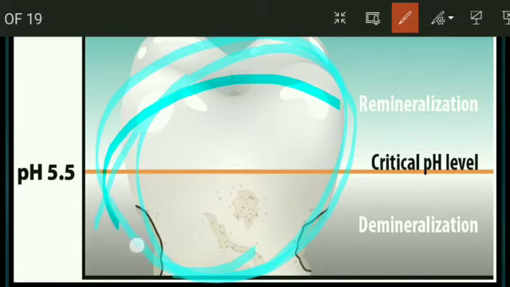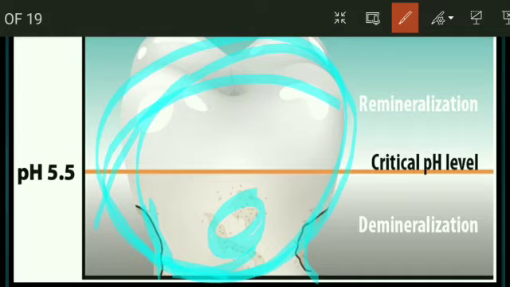So whenever we drink water, will it dissolve in the water? If it dissolved, no one would have teeth in their mouth, right? So that is the hardest substance. It does not dissolve in water, but it is corroded when the pH of the mouth is below 5.5. When it corrodes, you can see the teeth decay and break.